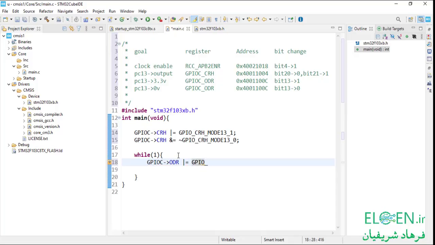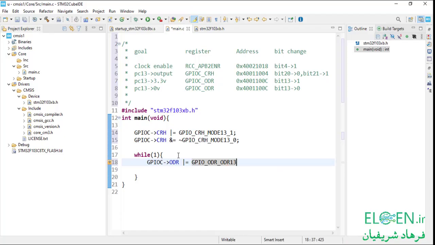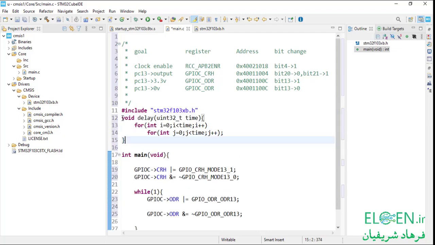Peripheral name, underline, register name, underline. We need the bit mask for bit 13. It would be ODR13. To clear bit 13, we do a bitwise AND with the not of the bit mask. Next step is adding a delay function. I define a delay function before main, which is just a nested for loop, and I call it here and